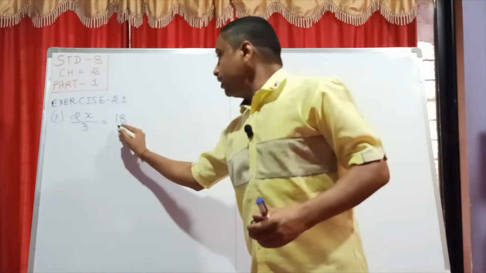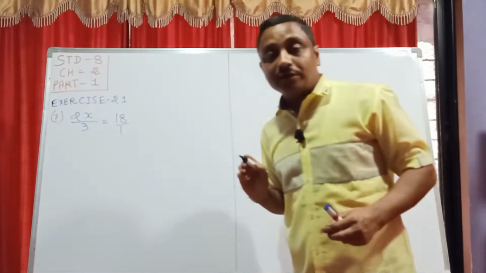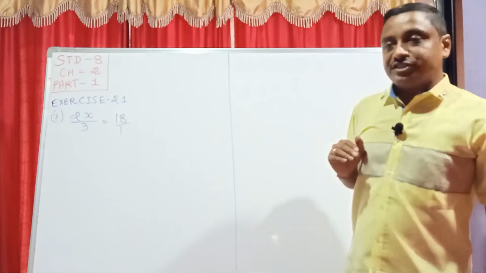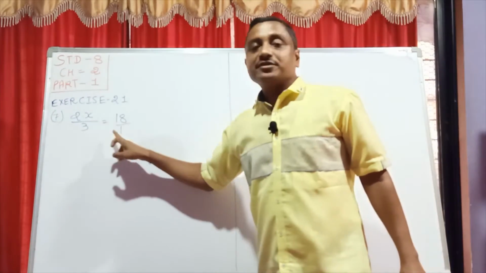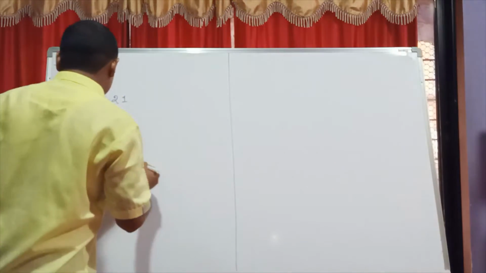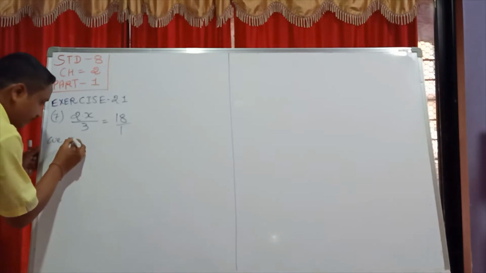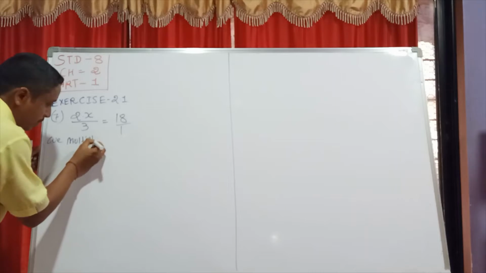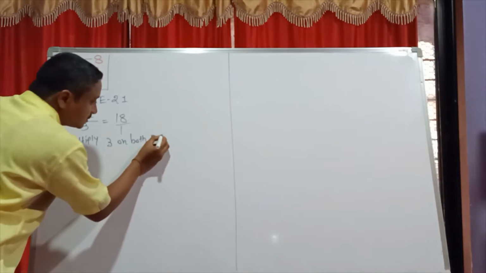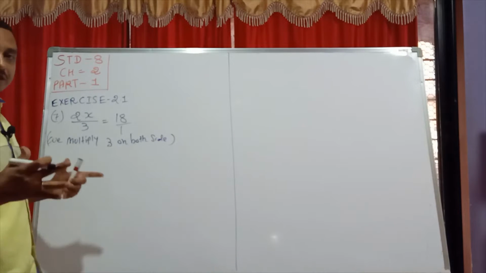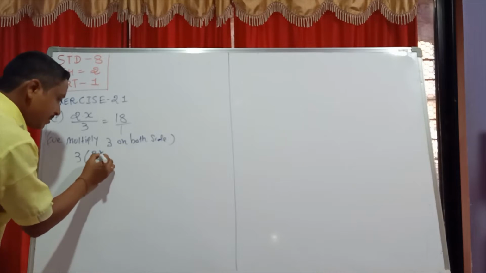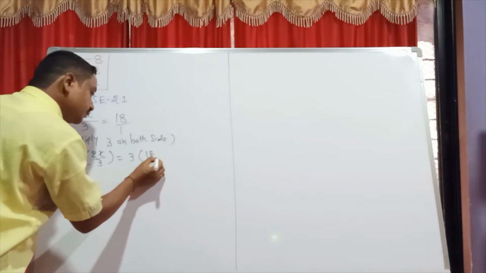But now for 18, just write 18 divided by 1, because I am taking fractions here and this is also a fraction value. Now check, students, what is your LCM? 3 and 1? Yes, it is 3. So I am just showing we multiply 3 on both sides. Students, always take the LCM. Now multiplying by 3, just apply it here on 2x by 3 and on that side also.